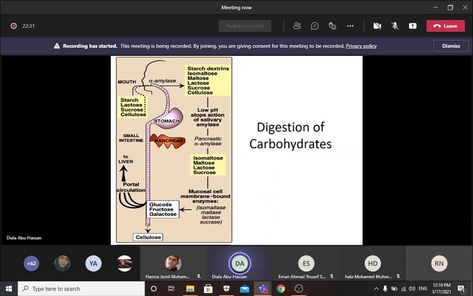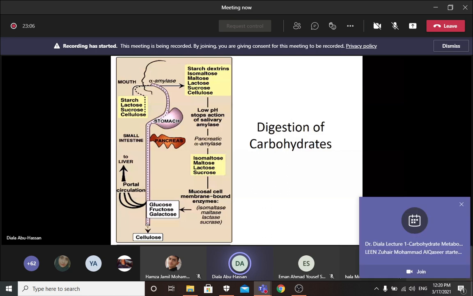We have some mucosal cell membrane bound enzymes. So they're intestinal enzymes protruding from the mucous membranes or cell membranes of intestinal cells, like the isomaltase, maltase, lactase, and saccharase. So the isomaltase breaks the alpha-1,6 linkage. The maltase breaks the alpha-1,4 linkage, and it has to be between two glucose. Again, isomaltase between two glucose as well. This linkage. The lactase breaks the beta-1,4 linkage between galactose and glucose, and saccharase breaks the anomeric 1,2 linkage between